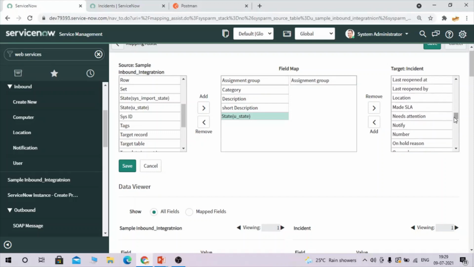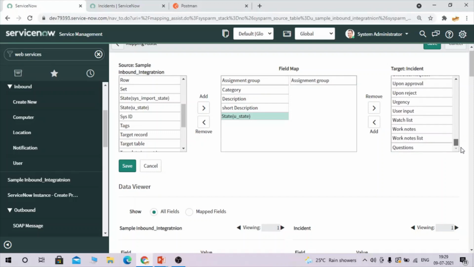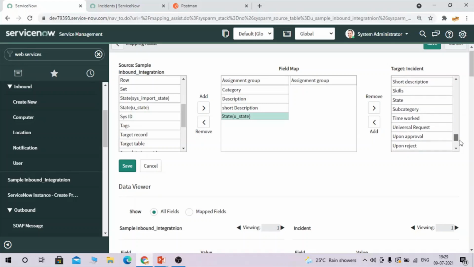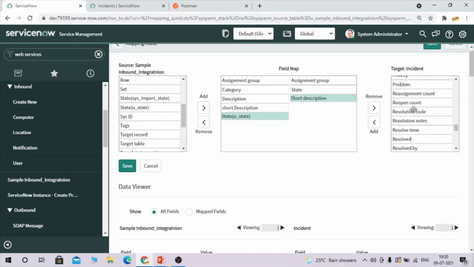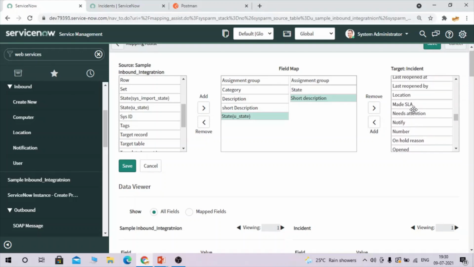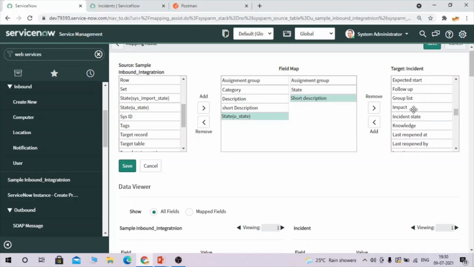But I'm showing you how, if you want to do it yourself. Short description, and then what I need, description, and the last one is category.